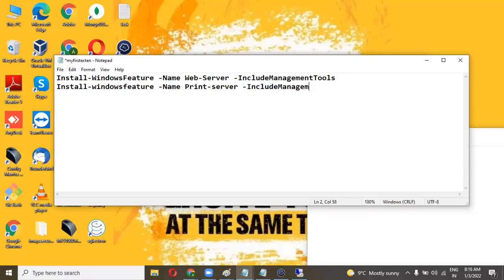Okay, include management tools means what we get by default from Microsoft, right? Yes. This is the service name which you want to install on that server, and include management tools is a default service for the Microsoft web servers.